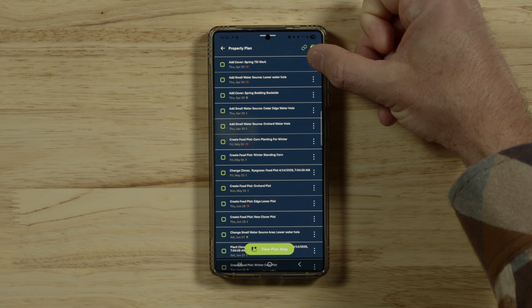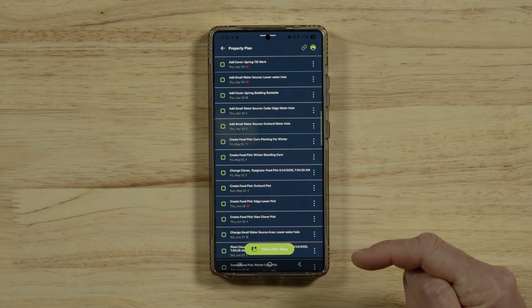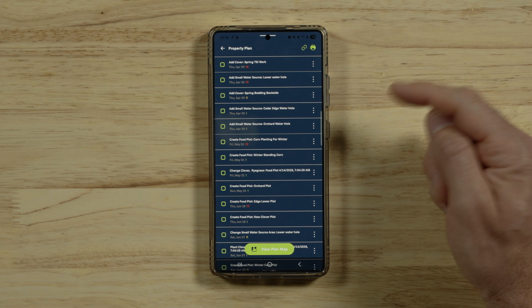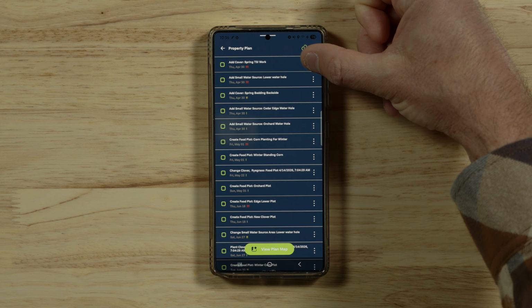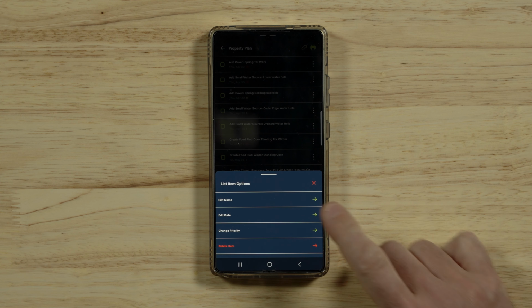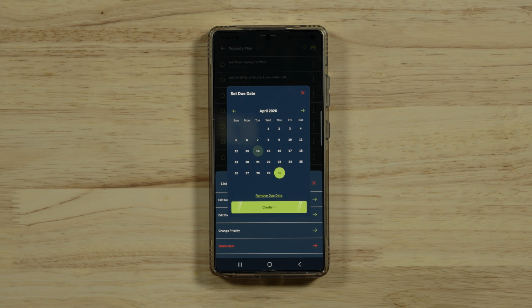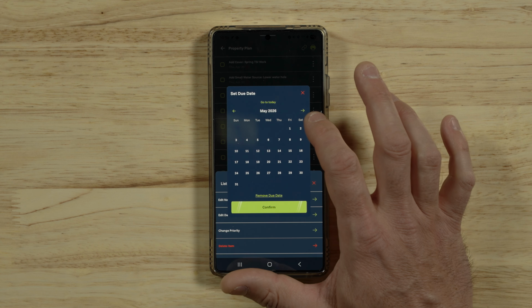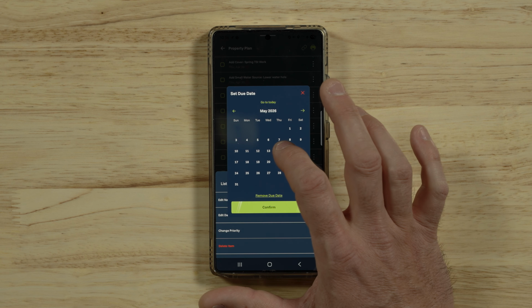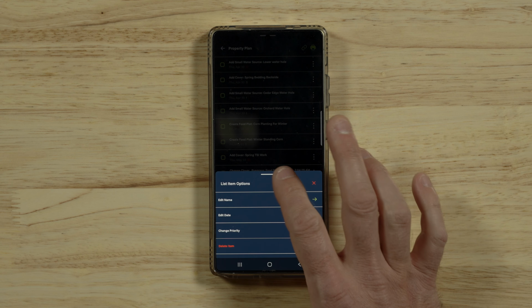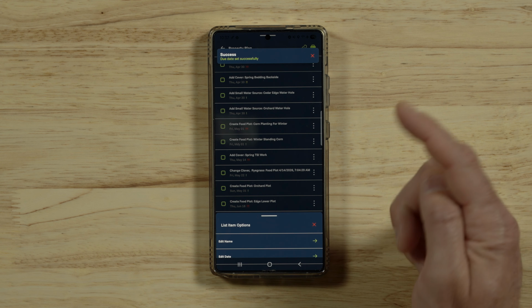And you can set dates and priority to every one of these items. So I want to add cover and do some spring TSI work. And I want to have that done by April 30th, right? So if I go into here, you can change the name, you can change the date, and you can change the priority level for every one of those items within your property plan. So let's say I was feeling a little over ambitious and decided that I wanted to push that work out until the 14th. I can come in here and change the due date for that,